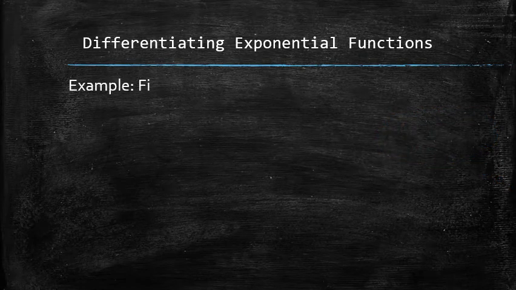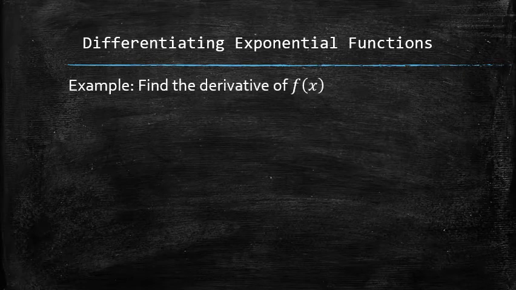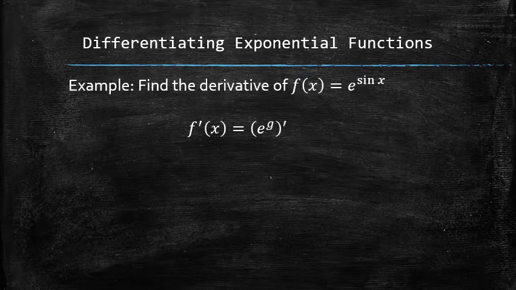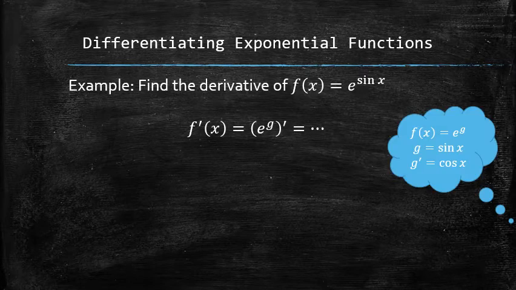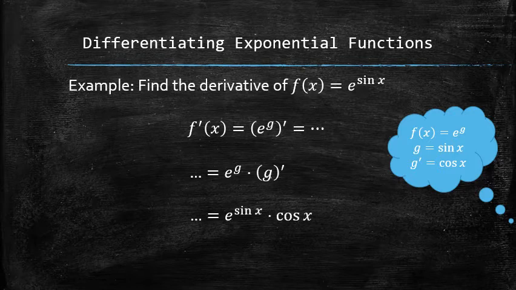Let's, for example, find the derivative of the following function. We start the process by recognizing that we have to find the derivative of a composition of the natural exponential function applied to the sine function. So we apply the chain rule, for which we know how to find all the components. We get the final answer after plugging everything in and simplifying.